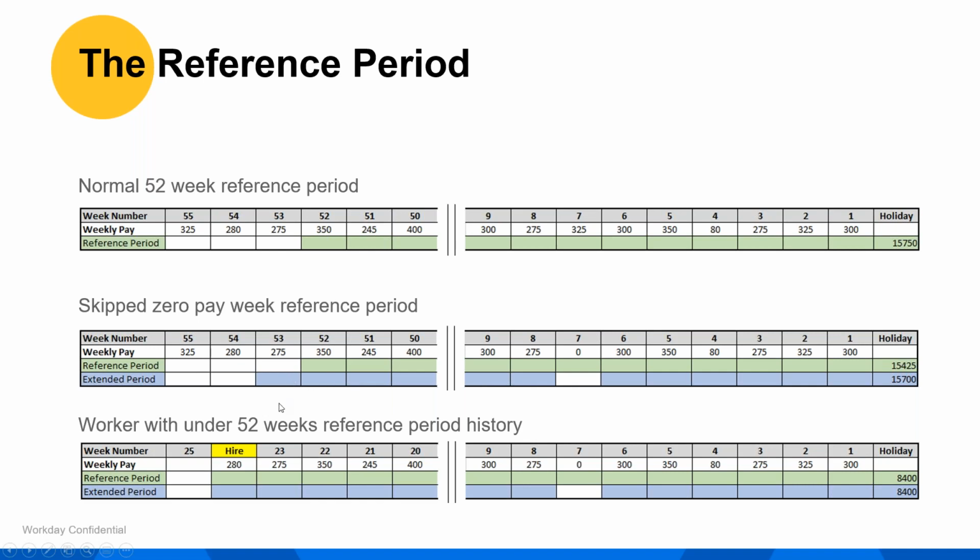And just quickly there, the final scenario is if the worker is under 52 weeks history. This worker was hired in week 24 there. They've also got a zero payment. However, it's going to make no difference because the max we can go back is 24 weeks anyway. Okay, so